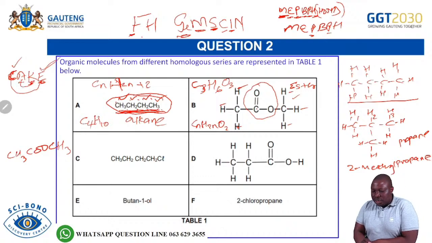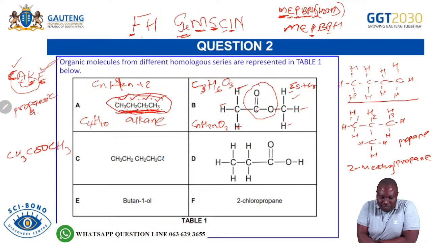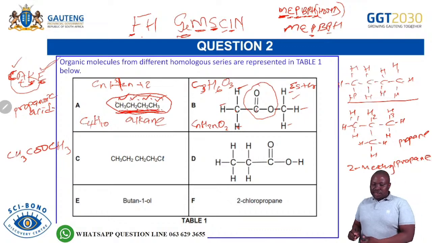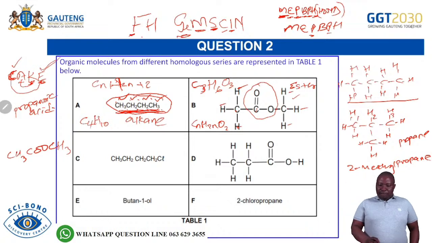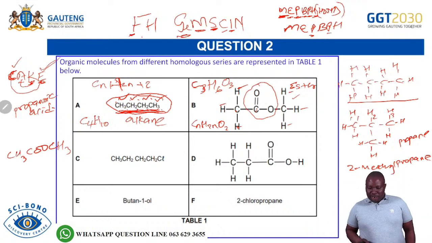So you will be able to say this because now it is an ester. It must have a carboxylic acid as its functional isomer. So a carboxylic acid with 3 carbons, you will remember, will be propanoic acid. Propanoic acid. I hope you are still following me. I'm saying this so that you see that if you follow the strategy of F.H. Jameson, you will be able to answer as many questions as you can. I hope I help you. You can apply this to all these organic molecules. You will be able to answer all the questions.